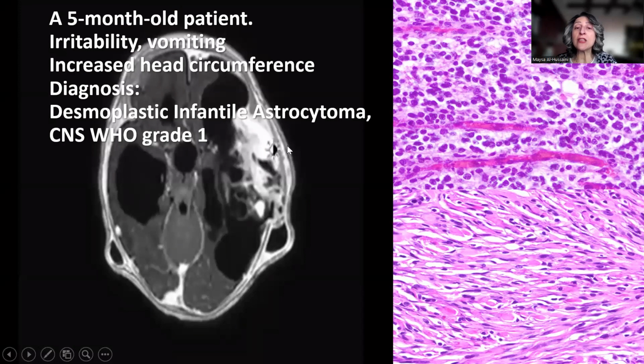Remember that radiological appearance is very characteristic, a huge cystic tumor with a solid component, and the solid component shows the embryonal component that is reminiscent of a neuroblastoma, usually positive with synaptophysin, while the astrocytic component in the case of desmoplastic infantile astrocytoma, or the ganglioglioma component in the case of desmoplastic infantile ganglioglioma, are seen on the other side in different areas and usually are positive with a